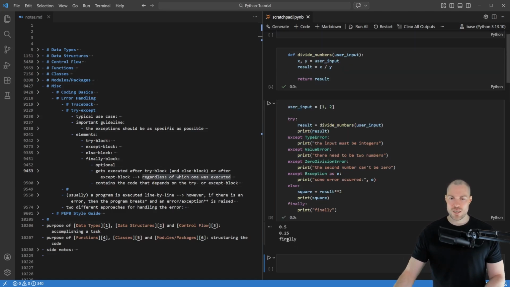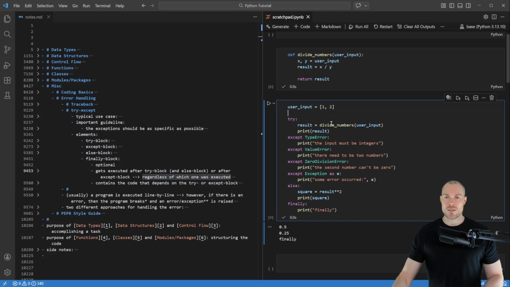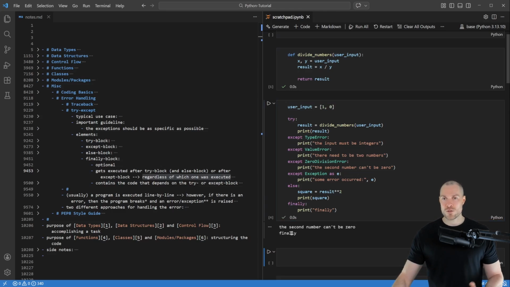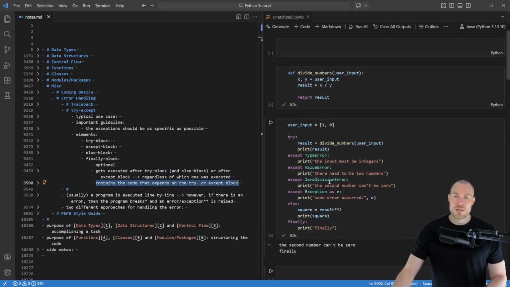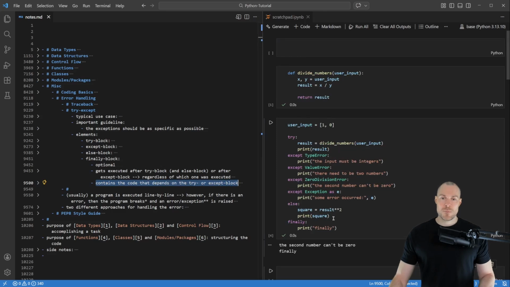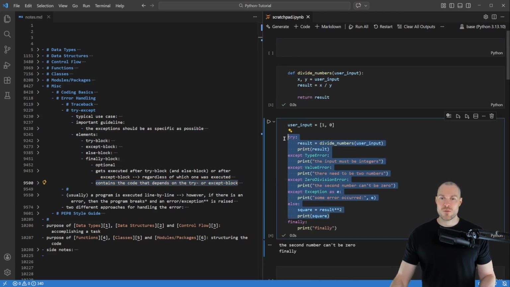And here, as you can see, it prints finally. So now let's make this 2 again a 0. So therefore we get the 0 division error. So then if I run it like this, then you can see we get a 0 division error, and finally also gets printed. Okay, so that is the second note. And then the third one states that this finally block contains the code that depends on the try or except block. So for example, in our code example here, let's say that after we've done everything in here, we want